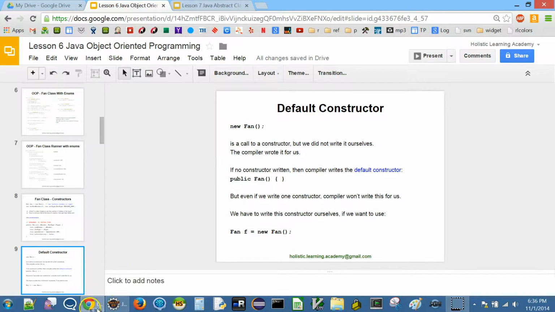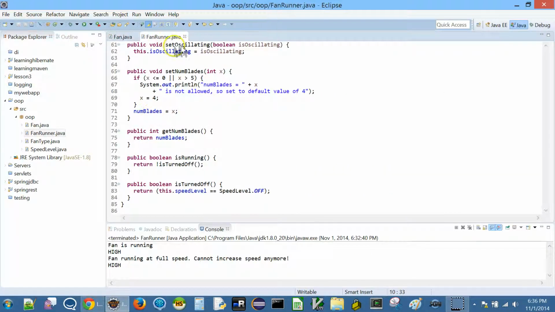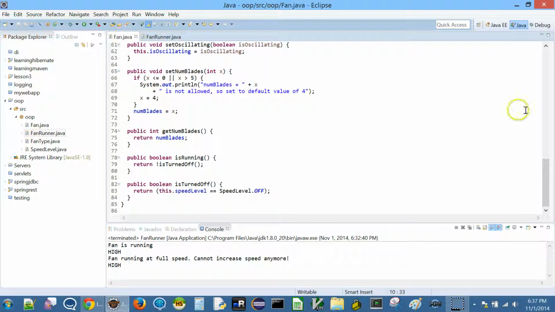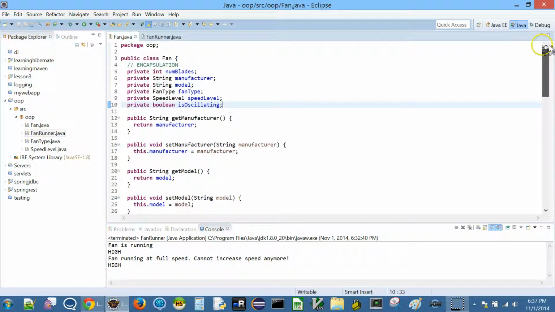Whenever we say new fan here, this new fan calls a constructor, as a matter of fact, even though we didn't write it. Then who wrote it? The compiler wrote it for us. Now what the compiler does is, if we don't specify a constructor, the compiler will write this constructor for us.